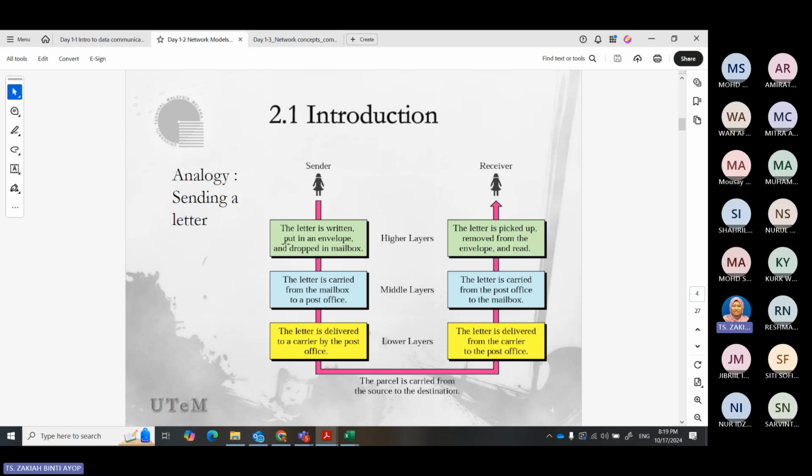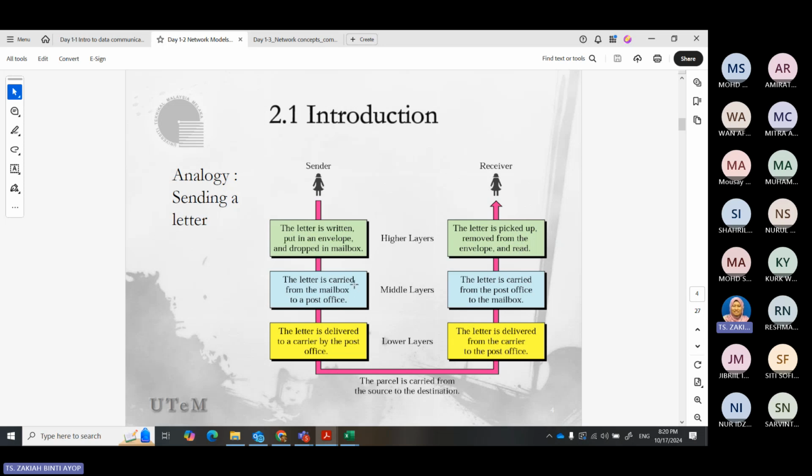What type of application do you want to use? What type of message format do you want to write for that application? It must be confirmed by the other end so that they are able to read and understand it.